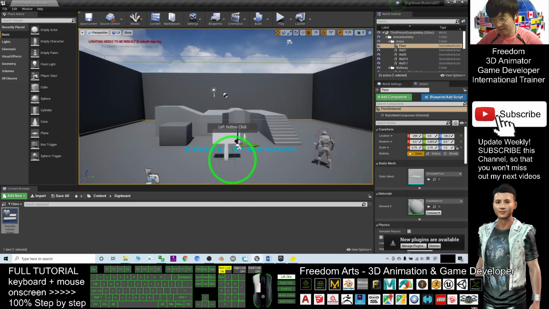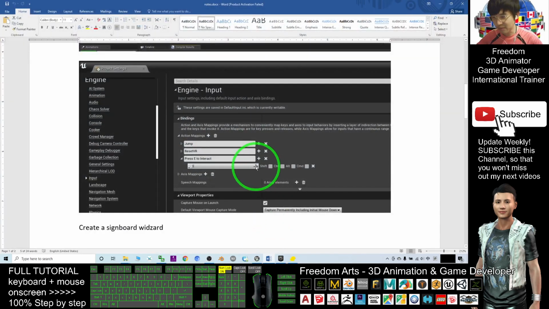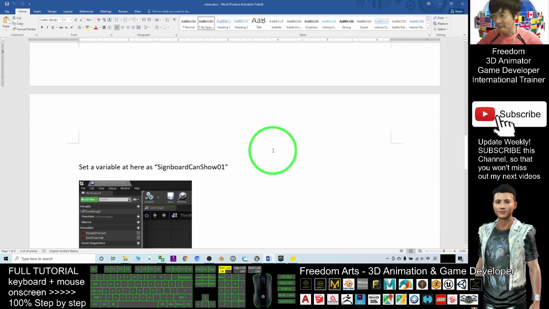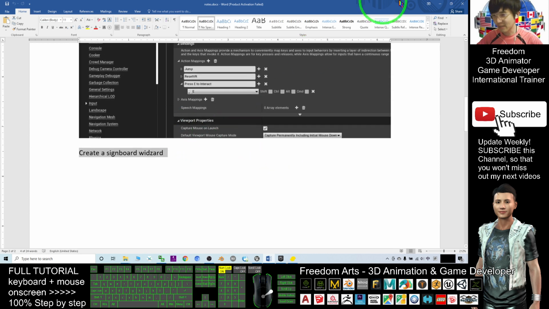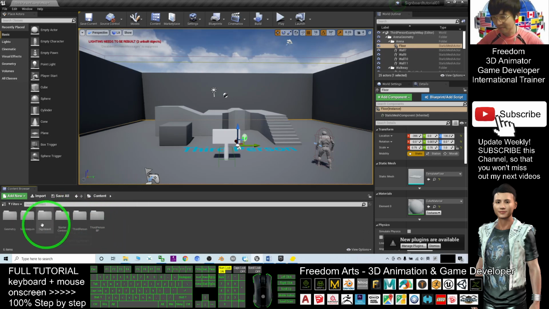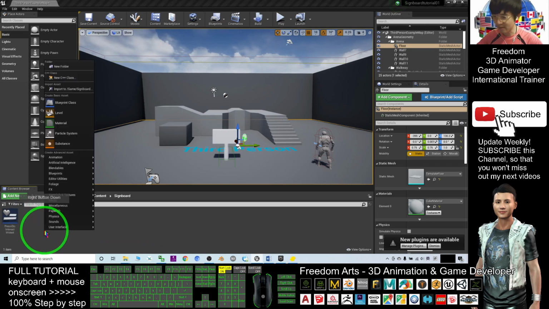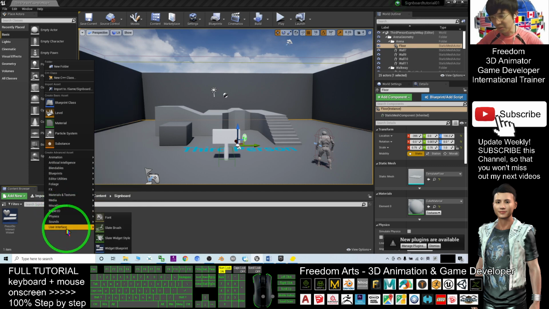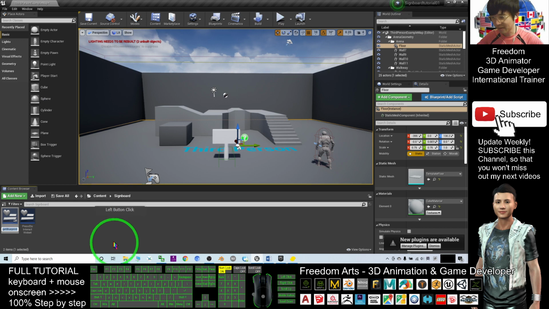The trigger box is already here. Okay, next what should you do? Create a signboard widget. In order to create a signboard widget, it is very simple. It is still under the Signboard folder, the Content Signboard folder. Under the same folder, I'm going to create another widget. Right click, New, User Interface, Widget Blueprint. And this one, we should name it